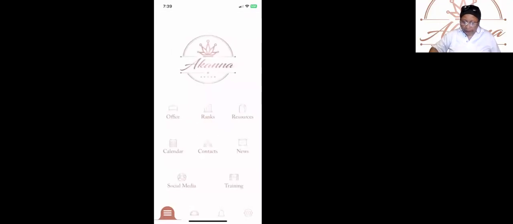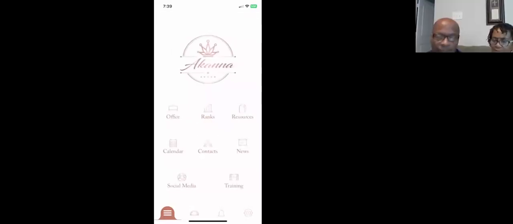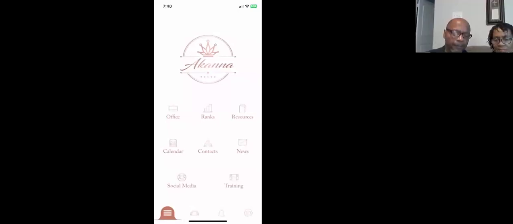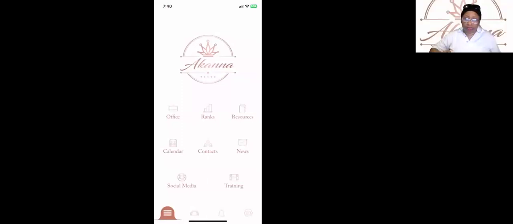Which date do you want me to press? The 16th? Yeah, it doesn't matter. You just want to press any of them and see if you have the option to copy it or to share it. That's just based on the use of your phone. Okay, it's still pulling. You opened it, right?